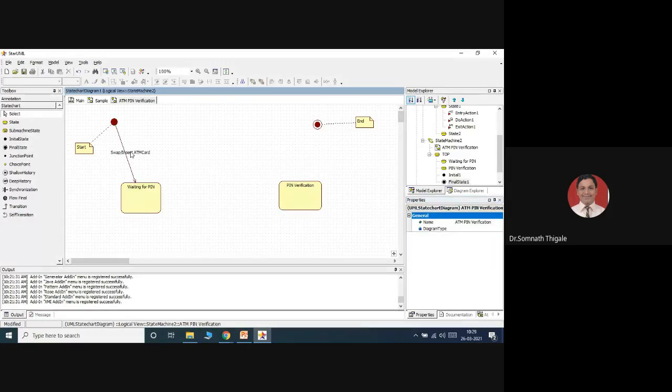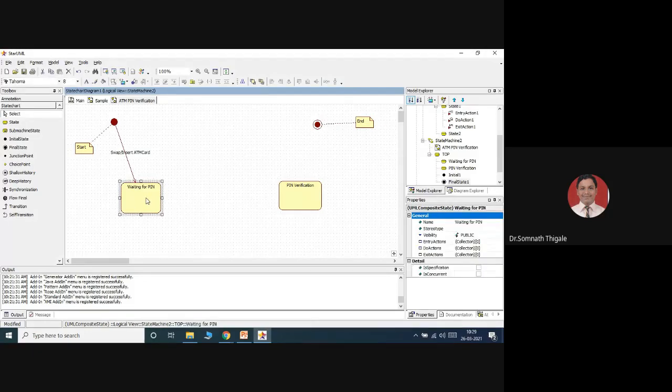This is the event. This event moves the start state to waiting for pin. A state transition is done by an event. What is an event? It happens at a particular moment. What is that? Either swipe or insert an ATM card. As soon as this happens, you will move from the start state to waiting for pin.